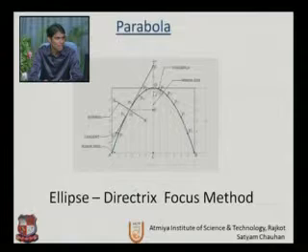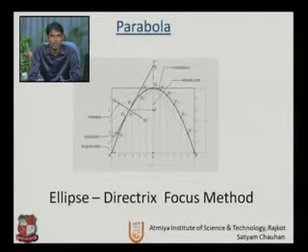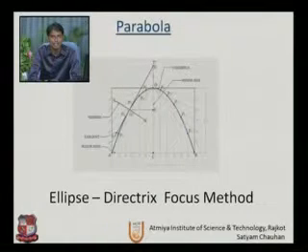And by getting these points P1, P2, P3, P4, P5, they will be the points on the parabola. So the eccentricity of all these points will be 1. Here also it is shown normal and tangent. We will learn what the normal is and what the tangent is later in our problems.